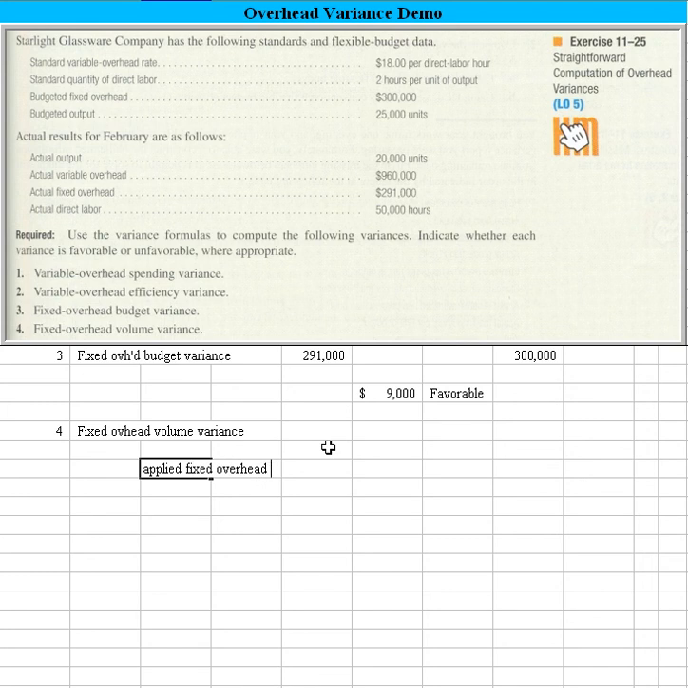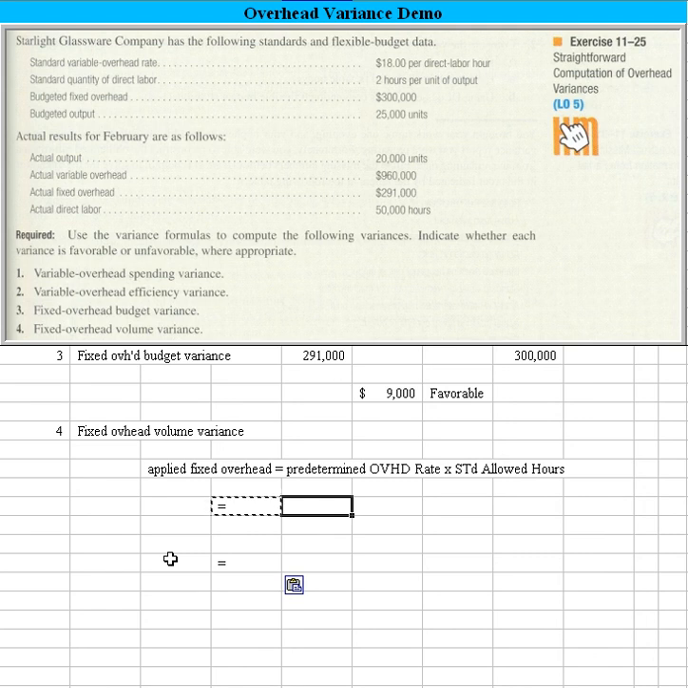Applied fixed overhead is going to be equal to the predetermined overhead rate times the standard allowed hours. Okay, let's tackle the predetermined overhead rate portion first. Let me set an equal sign here so that we know what we're looking at. The predetermined overhead rate is going to be equal to $300,000 of budgeted fixed overhead, given above in the problem,